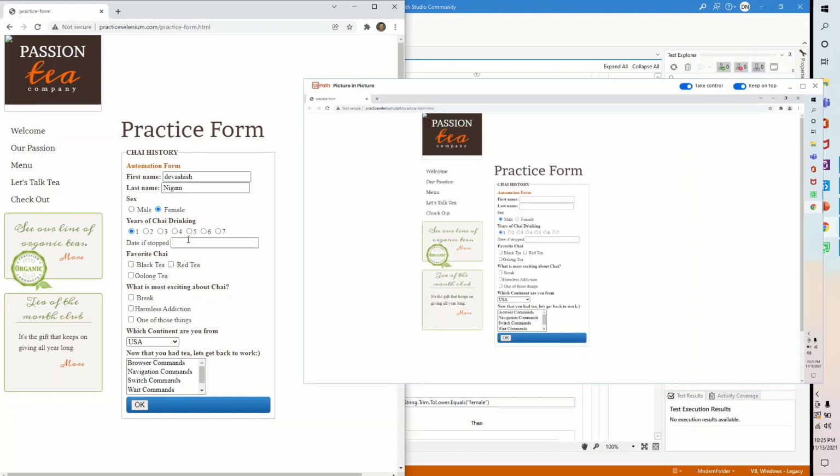I can select female, and you can see it won't impact whatever I am trying to do. It will continue doing the automation in this window. You can see I am clicking here and there, but it's not getting impacted. The automation has done its work.